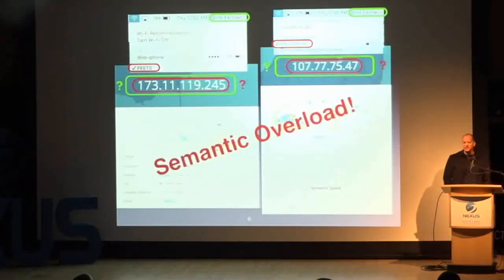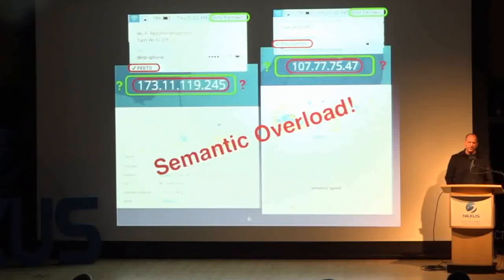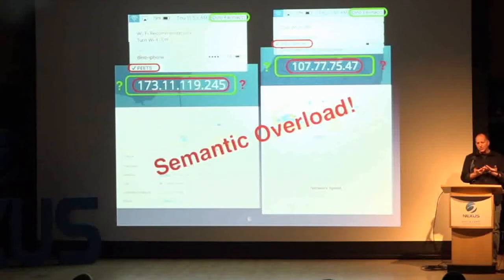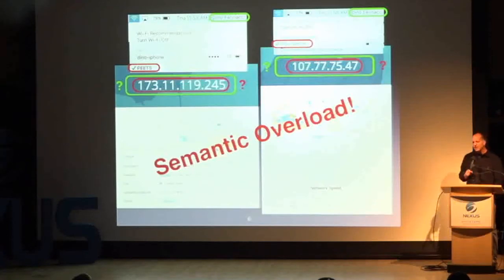If you want to send packets to Dino and he changes locations, you have to reset your TCP connection to now send packets to Dino at some new location. We need to decouple that addressing. And that's what this LISP does. It's a Locator/ID Separation Protocol. It's a new architecture for the internet that's been around now for 10 years that is going to allow us to do this without having to change a lot of things in the internet. It's going to be the only way we're going to be able to scale for multi-homing and mobility, IoT, and for new applications like Bitcoin applications that are going to run on the internet.